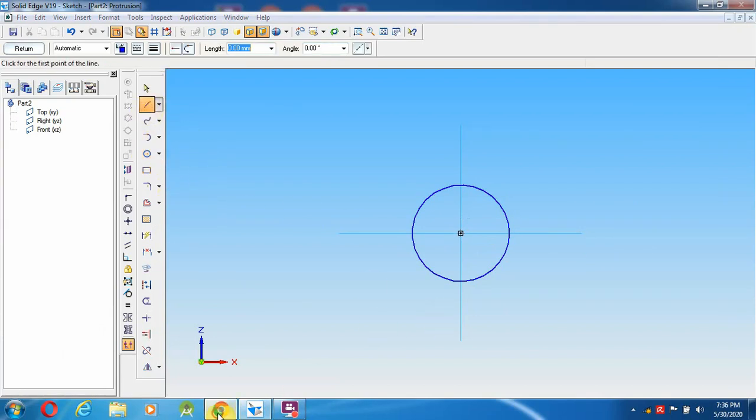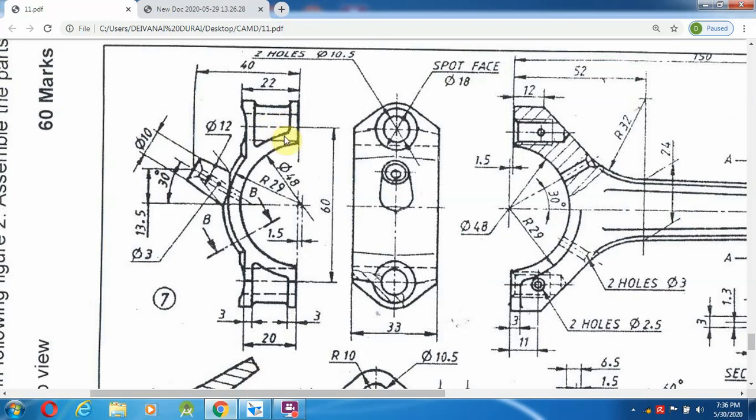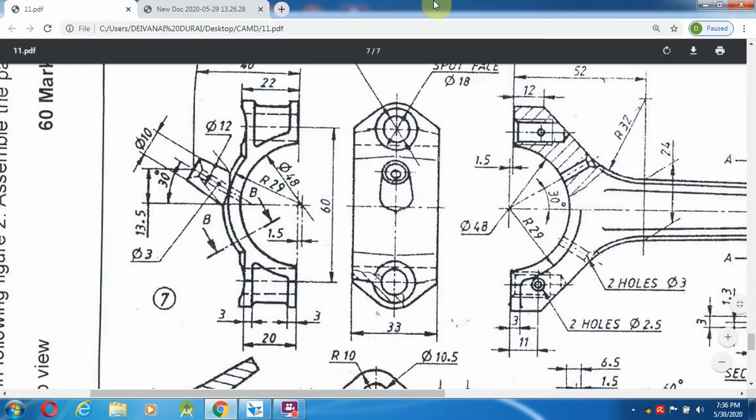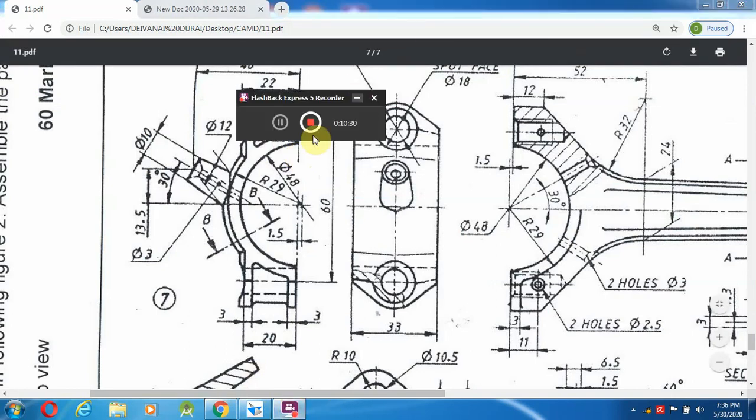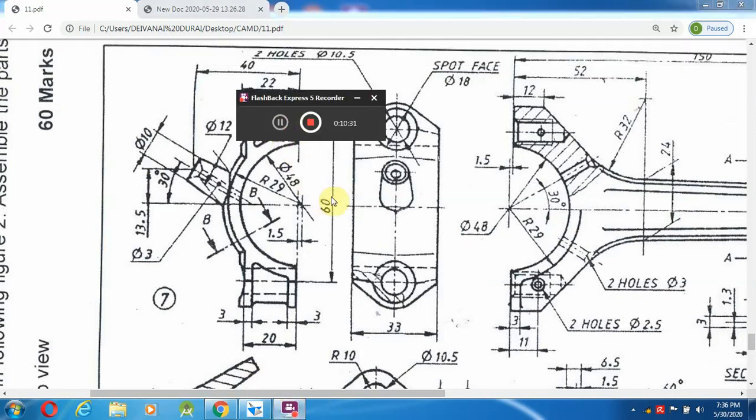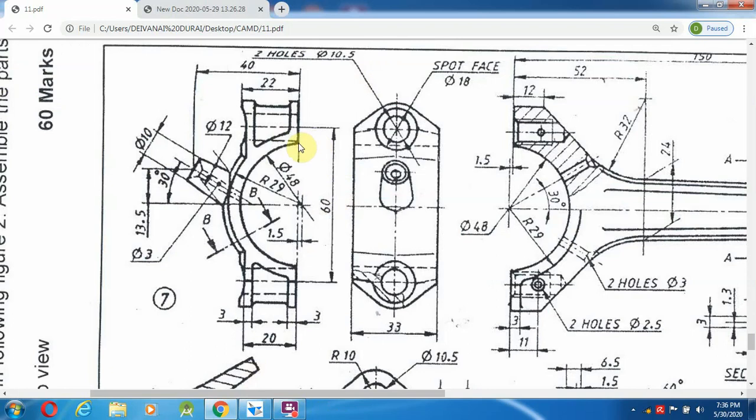So go for here the option from here to here, what is the length they are provided over here.